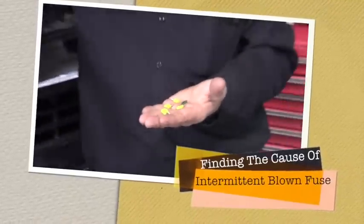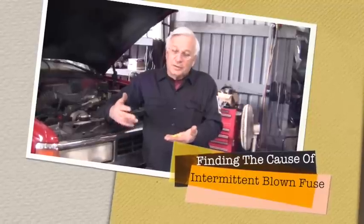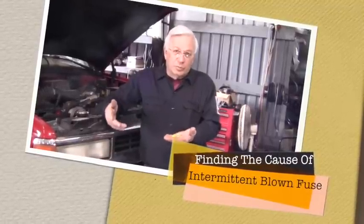Here's our evidence, or at least part of it: blown fuses. And that tells us we've got an intermittent circuit problem. It keeps blowing fuses. We've got a '97 Tahoe and it keeps blowing fuse number 9, which is for the tail lights